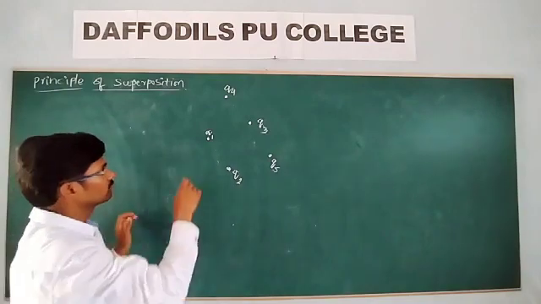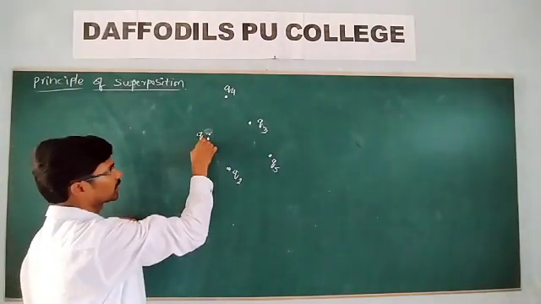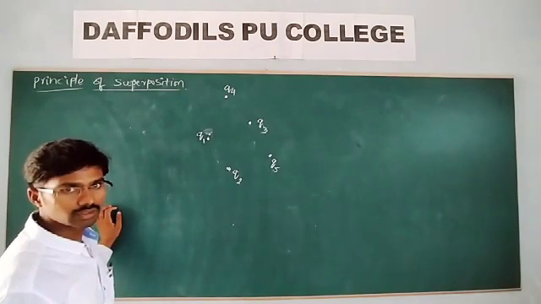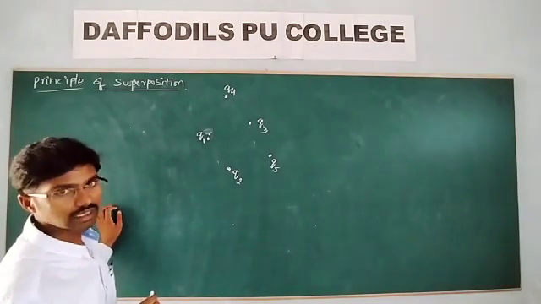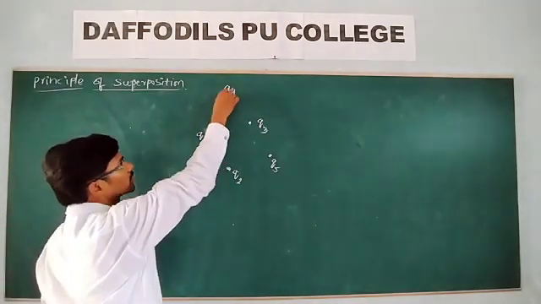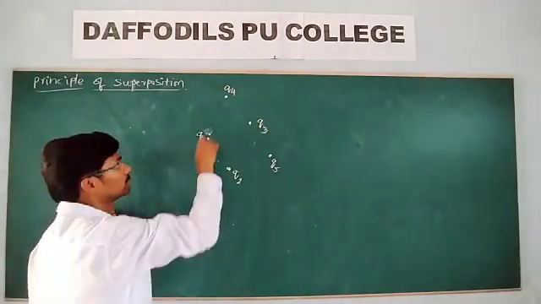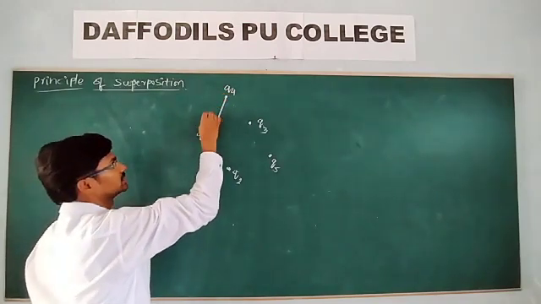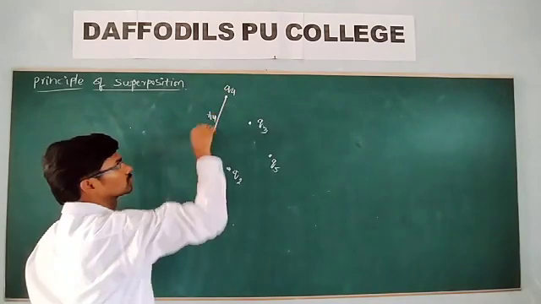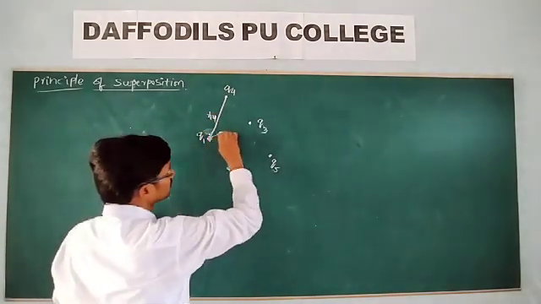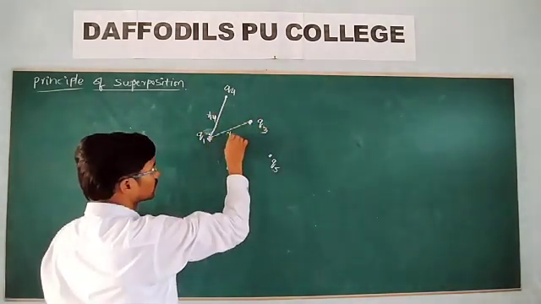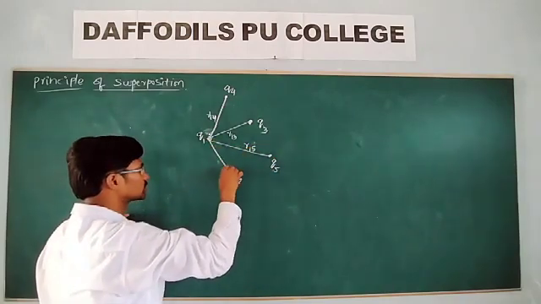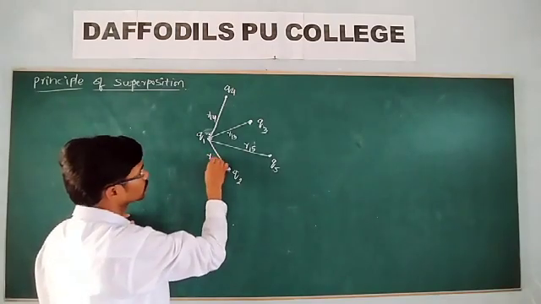Now, for example, if you want to find the force on the first charge due to the remaining charges, that means the force between these two charges, the line is R14. Similarly, between these two R13, between these two R15, and between these two R12.